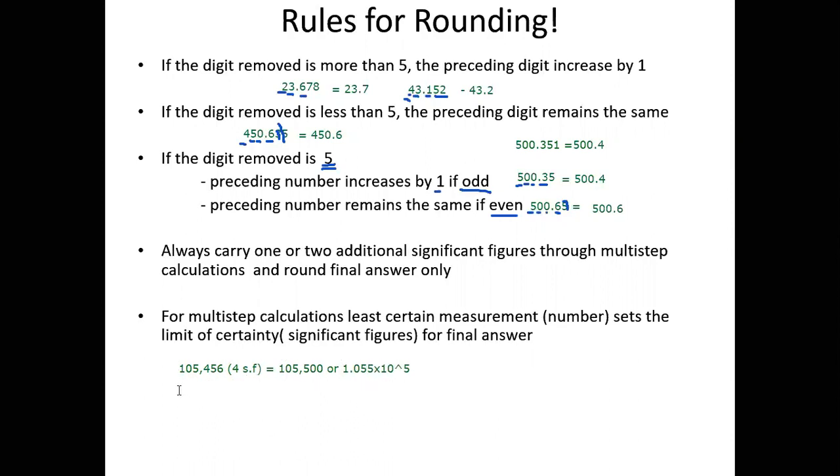Now let's say we take this number again and we want to round it to 2 significant figures. So 1, 2, it's the 0. After the 0 is 5, 4, 5, 6. So then we would round this up to